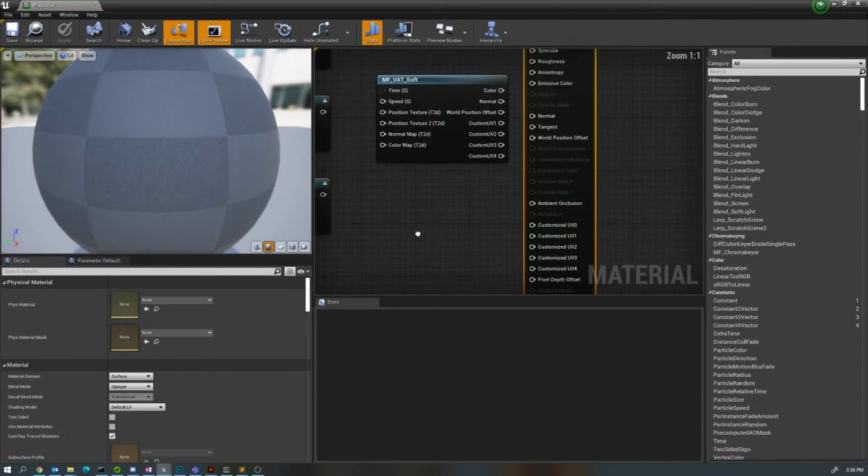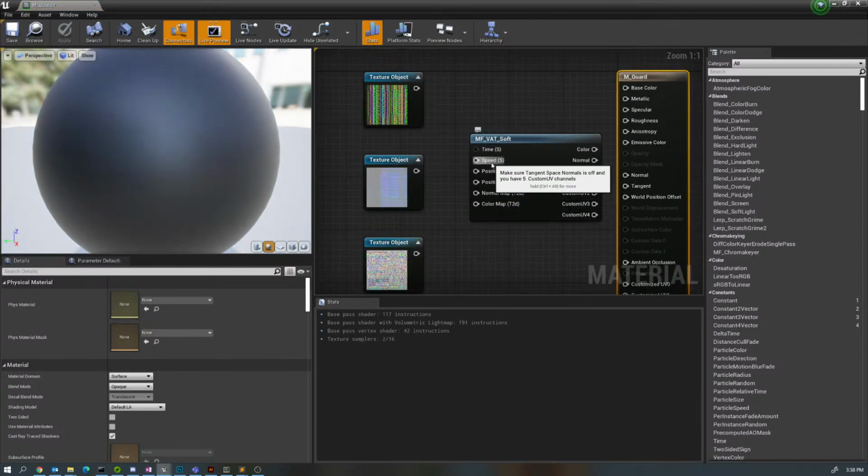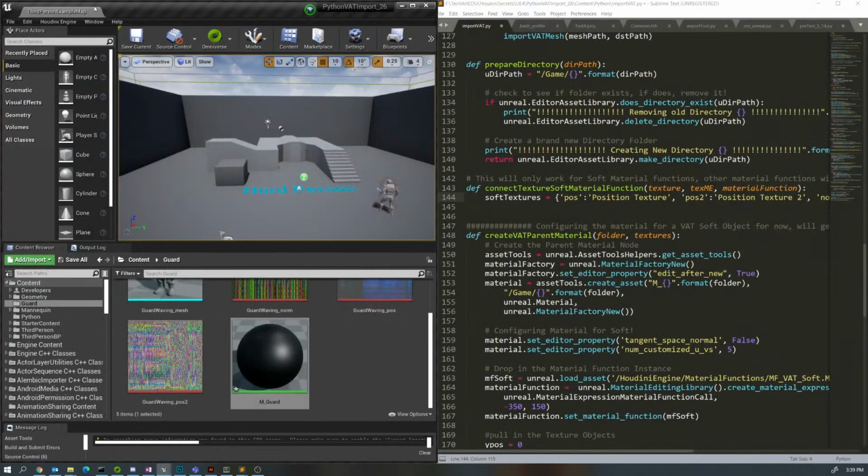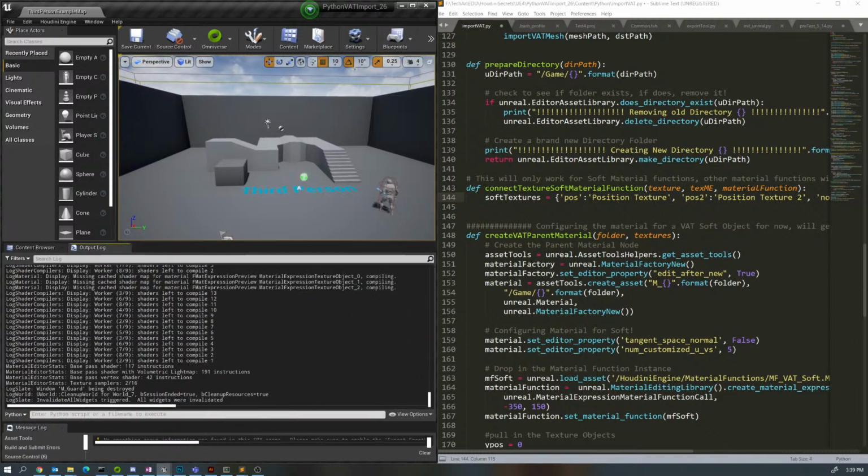We look under here, the soft texture parameters, we're going to need input for texture position, or for the position 2, we're going to need a normal map and a color map. So we need to make sure that all of these are taken care of. So these are the ones we're going to prep for. So these are the entries that are going to be inside of my dictionary. So here the first one, say pause, goes into pause texture. And you're probably going,